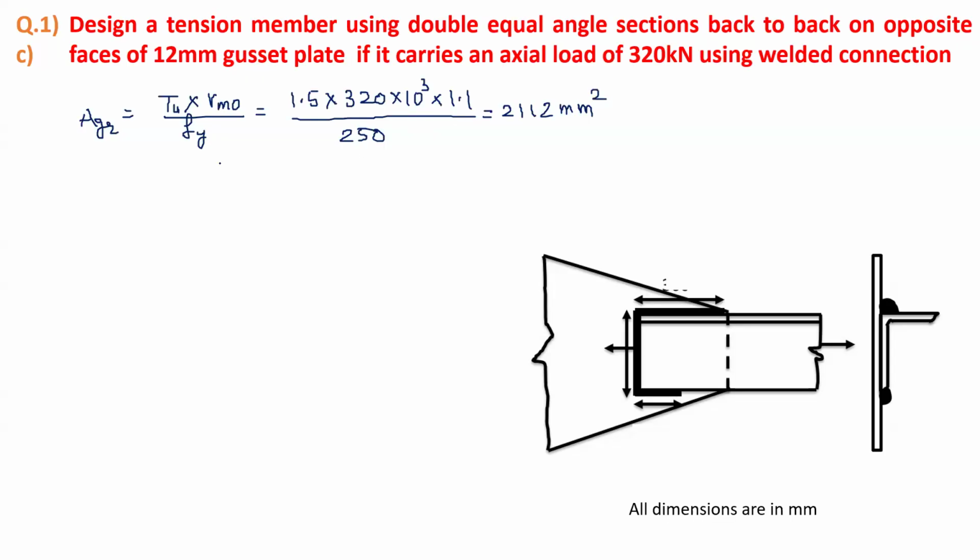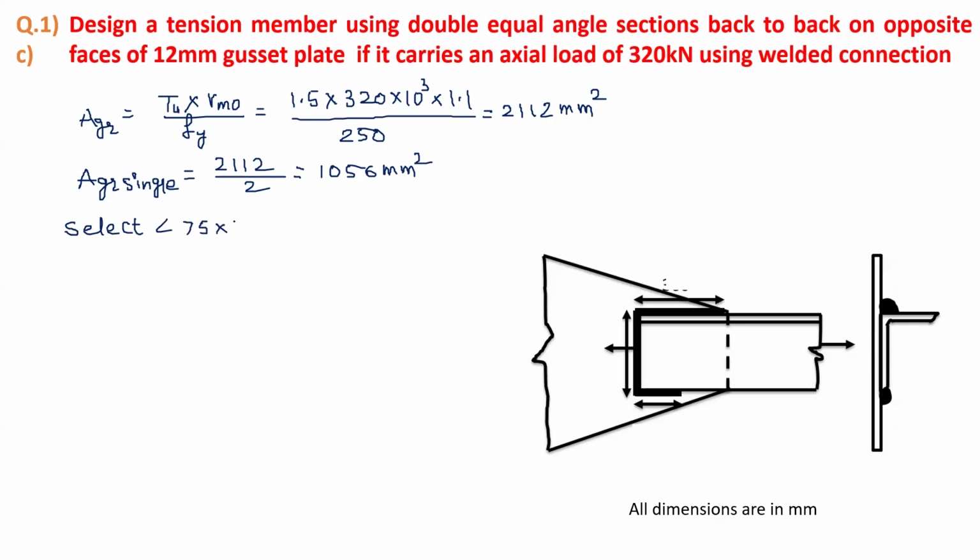2112 millimeter square. We require double angle. So the area required for a single angle is half of this, 2112 upon 2, which is 1056 square millimeters. So select a section. I have selected this section. Select angle